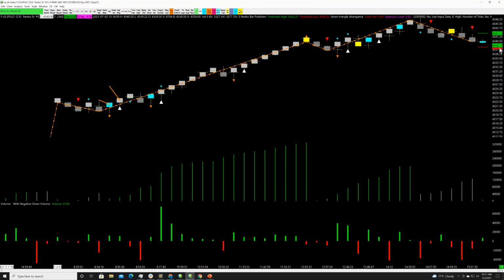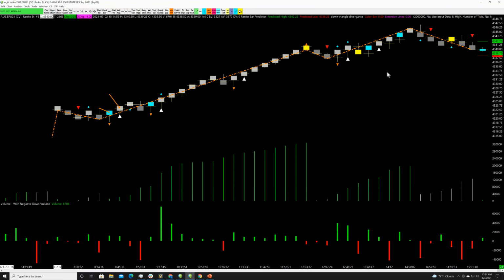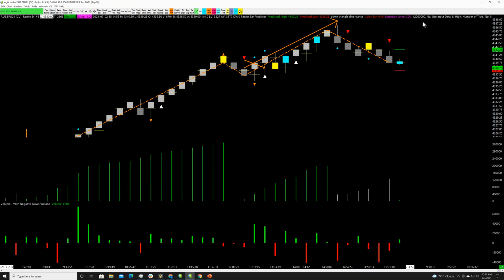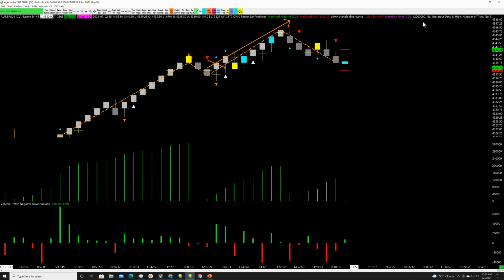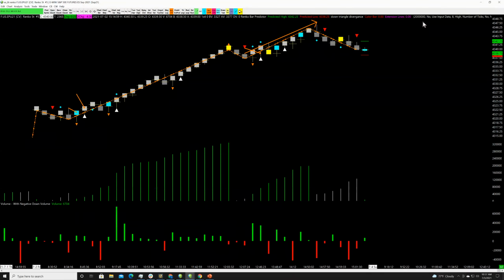If you could have sat through the mega slow grind, this is your next long setup. I'm not even going to count the P&L. It just went up. I was focused on NQ because I hoped it had more volatility, but that method set up all of them. Power bar, triangle up, power bar, triangle up, power bar, triangle up, power bar, triangle up, and they all gave you positive P&L. There were no shorts that triggered on that. There were no other algos that fired on that all day.